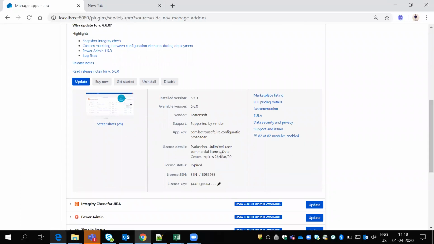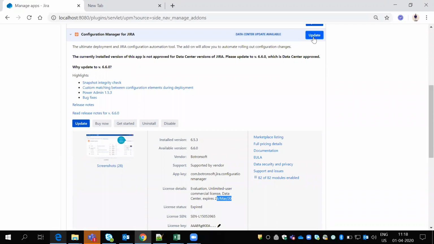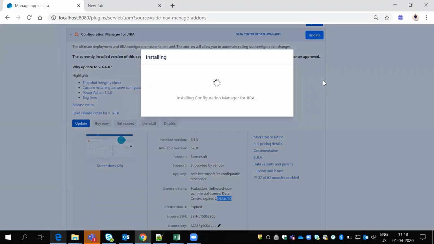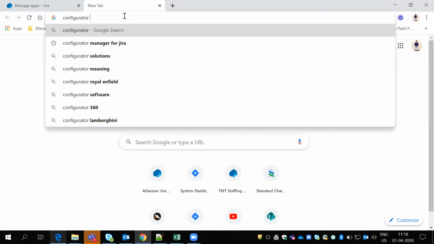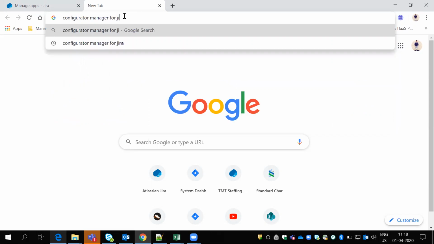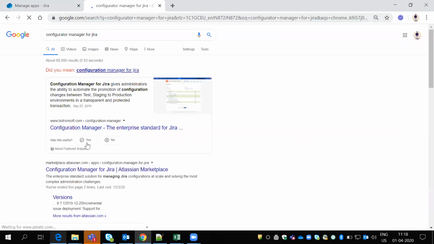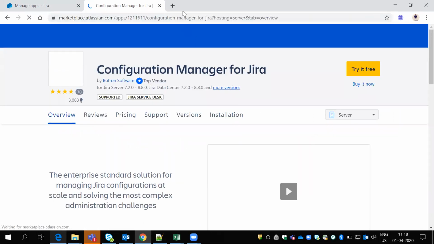This license expires on 26 March 2020. So organizations will use these plugins. We have these plugins, and one is Configuration Manager for Jira.